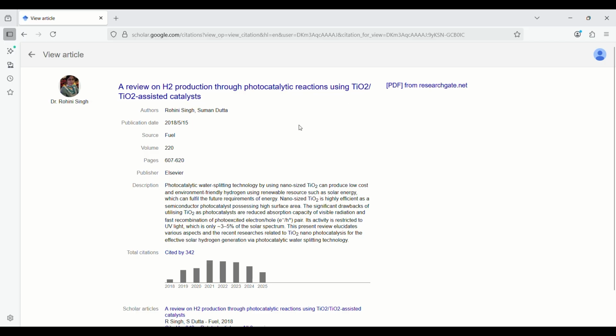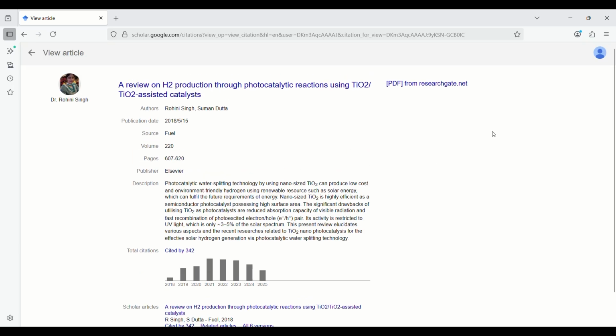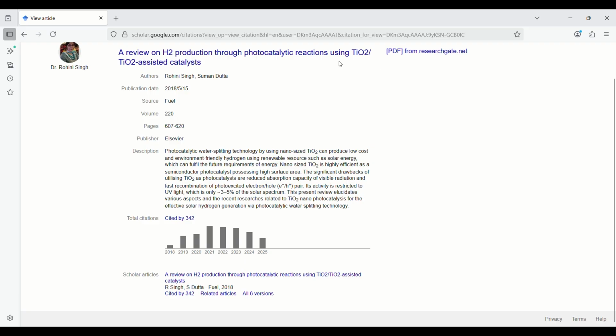Here there's a link, and the basic information you can get from here: authors, publication date, source, volume, pages, publisher, description, the whole description, and total citations. Then this is the article link. These are all 6 versions, and cited by.